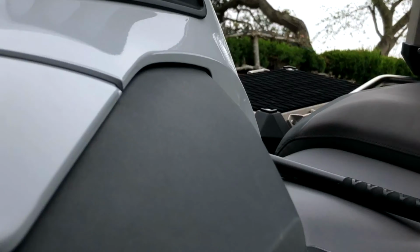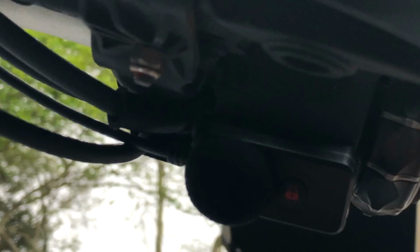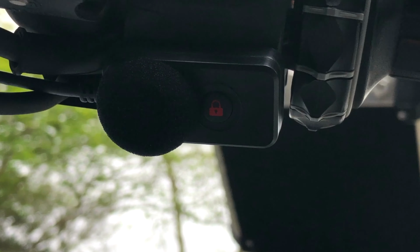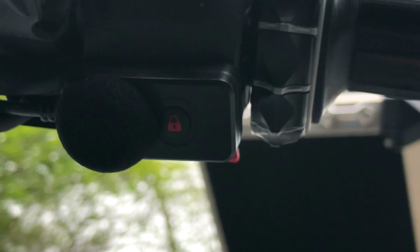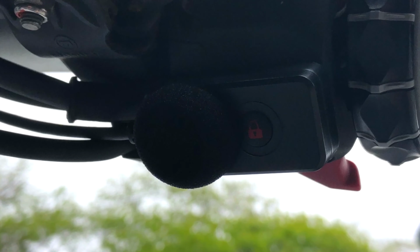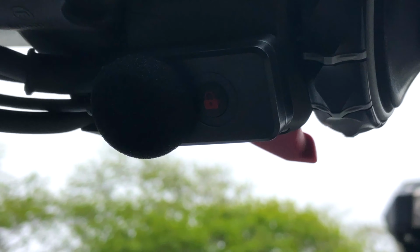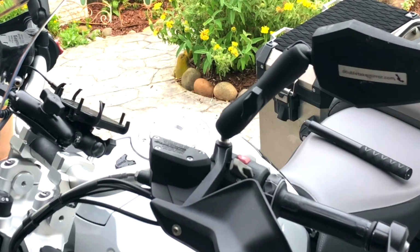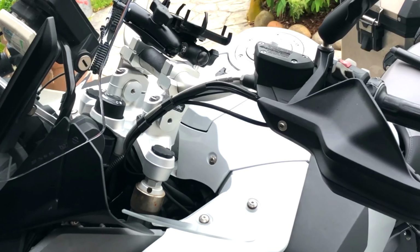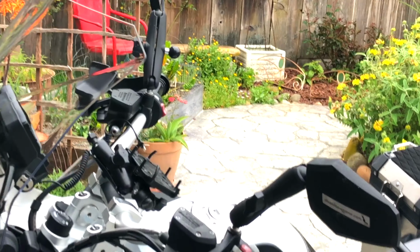And here is, if I can get this, I can't see under here. If I can zoom in, you'll see that there's a button, and that button, if I quick push, takes a picture, long push saves the clip so it won't be overwritten. It's also a microphone, so if you're getting pulled over and the cop's standing right here and he's talking to you, everything's being recorded. You get proof if he's being a dick to you. So, you know, you can always just say, oh, well, my bike's recording you. I'm not sure what the rules are like that. I'm kind of cool with the cops, so I'm not worried about that, but